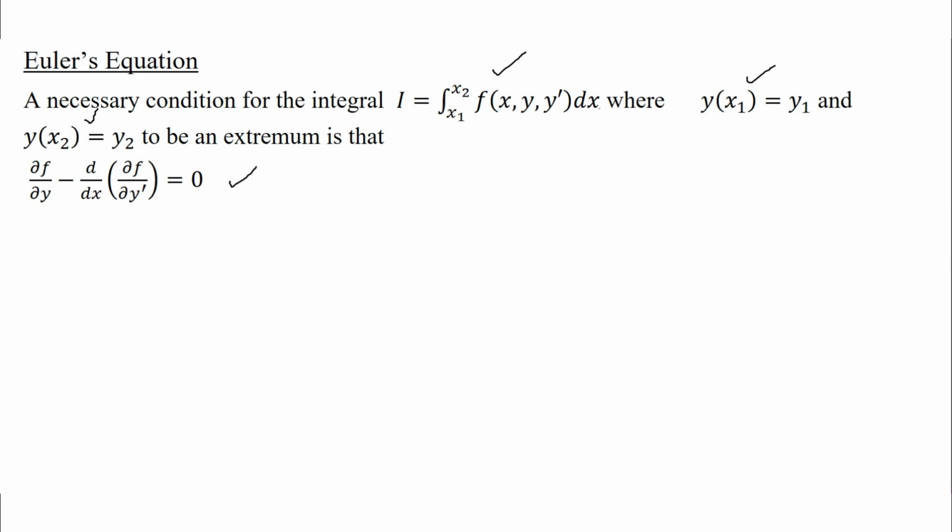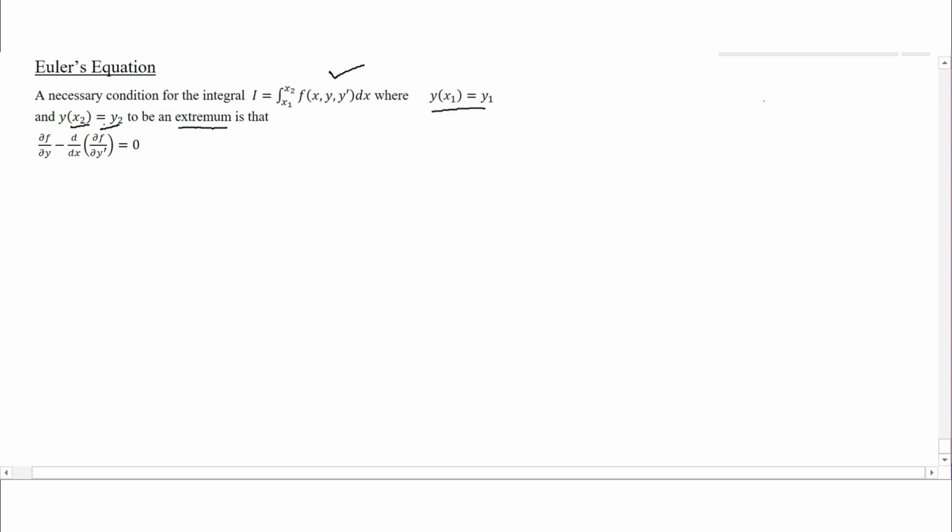So what does this mean, that the condition for I to be an extremum? For an extremum, the given function can either be maxima or minima. So we are talking about the function I being an extremum, which means that I can be either maxima or minima. And for maxima or minima, the condition is that the derivative of the given function with respect to some variable